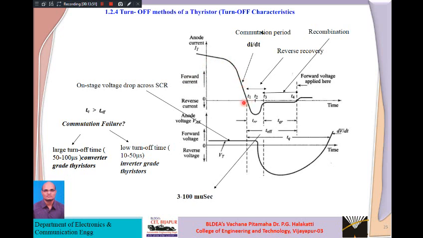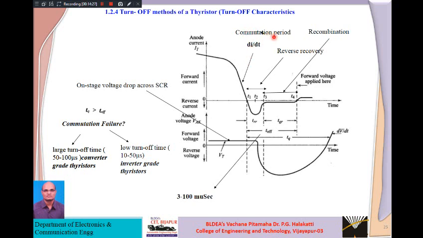At time t1 your anode current crosses the 0, means now we are bringing it well below the holding current, meaning the first condition got satisfied. From time 0 to t1 you can see our anode current is decreasing. That is indicated by di by dt, the rate of change of forward current with respect to time. Change could be anything, increasing or decreasing. In this case it is decreasing because we want to turn off the thyristor.